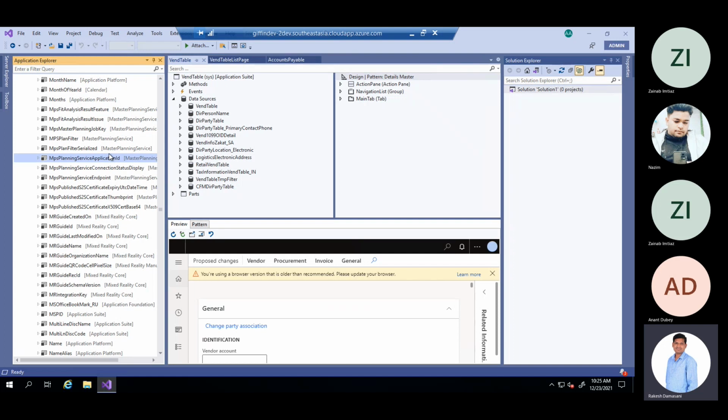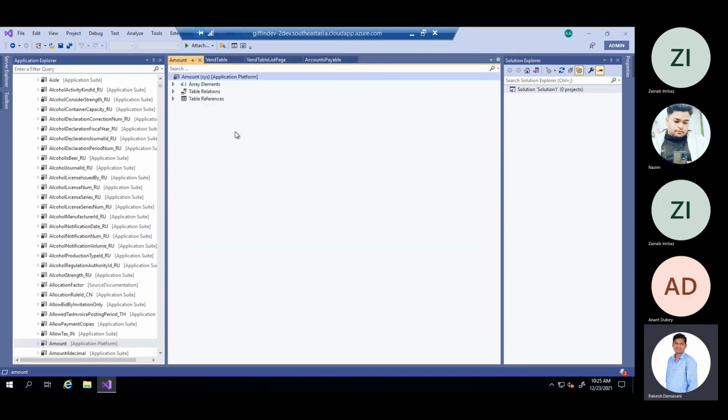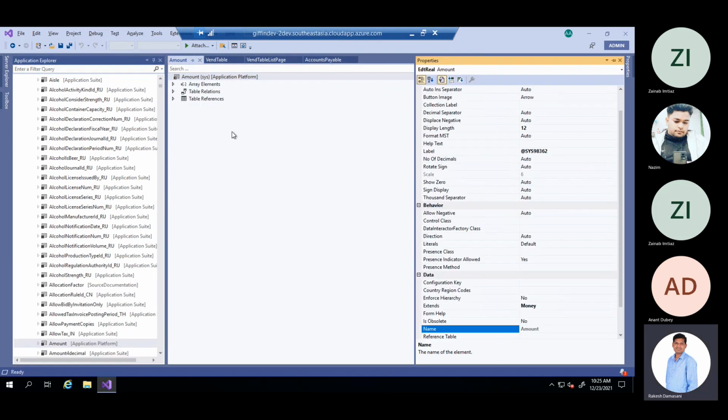Similarly, we have an EDT for real. Real is for amount. Here we can see Amount is an EDT, and it says it is EDT real. A property to note here is the label, because wherever we use the Amount EDT, it will show on the column as Amount.